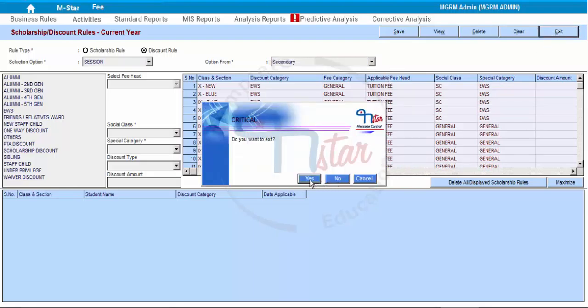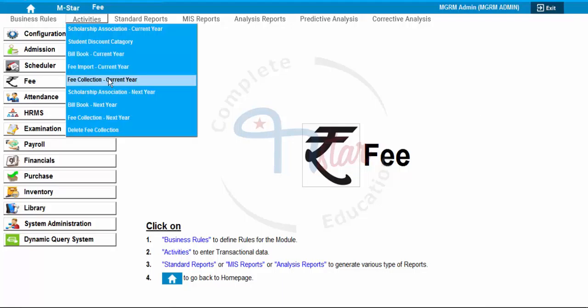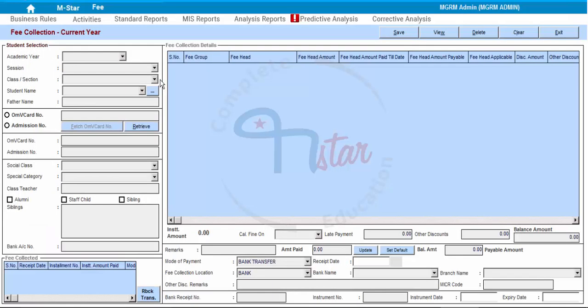Clicking on the exit button from the screen. Also, before we go on to actually associate the discount category to a student, let us first check the fee collection record of a student and then associate the category to check the changes. So, we are selecting the fee collection screen and selecting the student in the fee collection screen in any session secondary, since the impact has to be seen in collection screen,